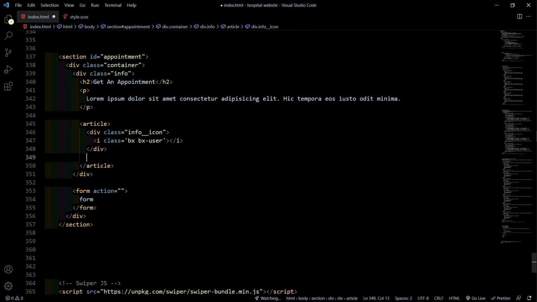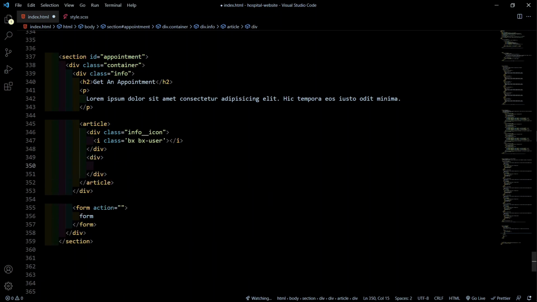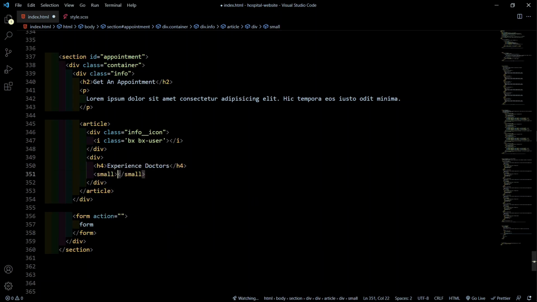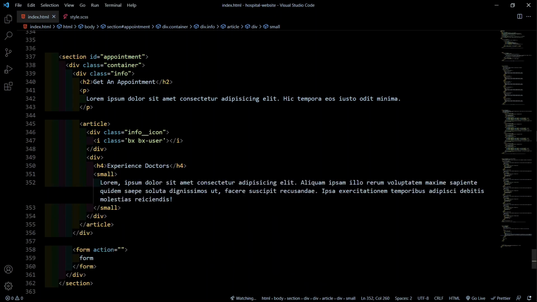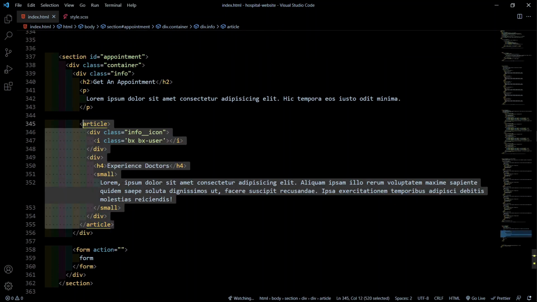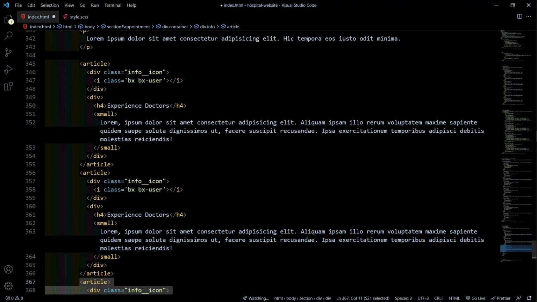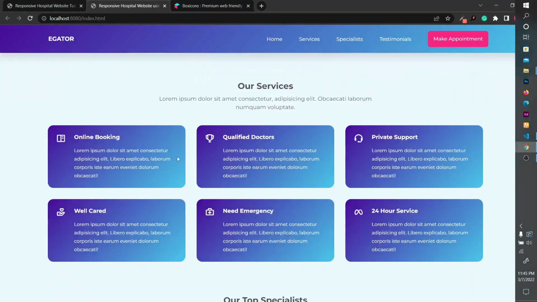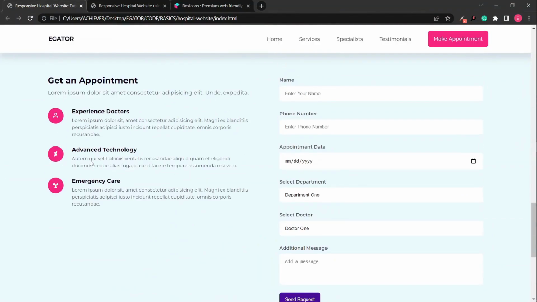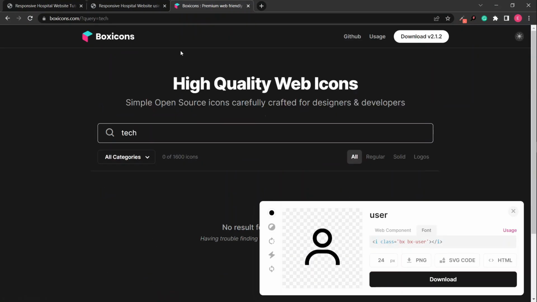Now a sibling of this info icon is going to be just a div. Okay, and inside of it we are going to have our h4 and a small tag. All right, now there's one article, so I'm just going to copy, duplicate that twice. The second one is going to be, let's see, from the finished project to advanced technology. I just said tech